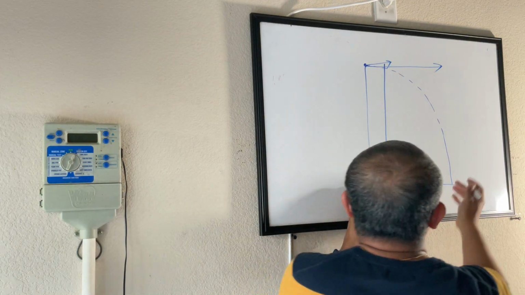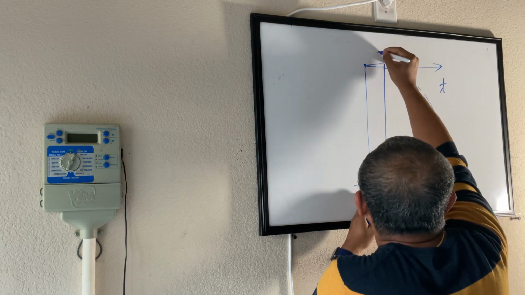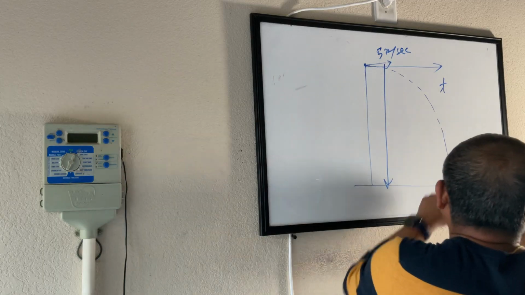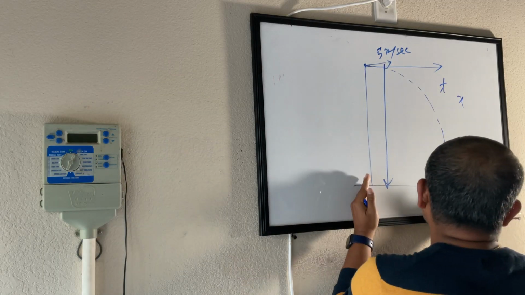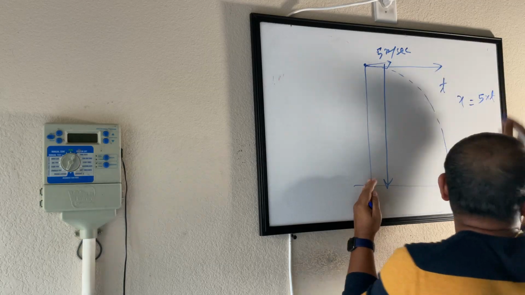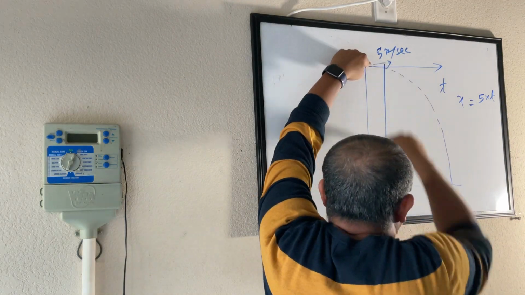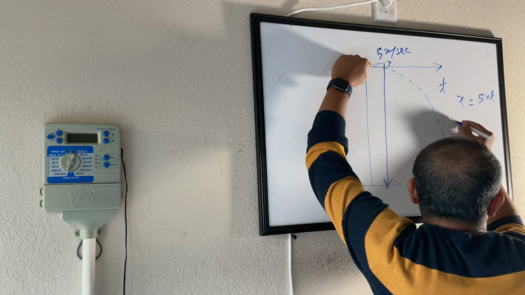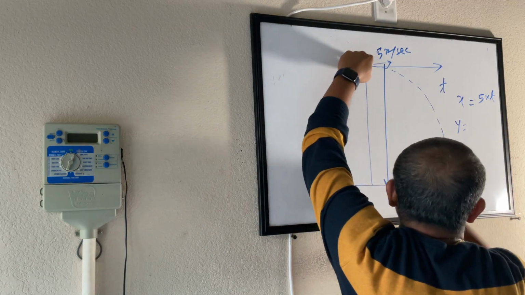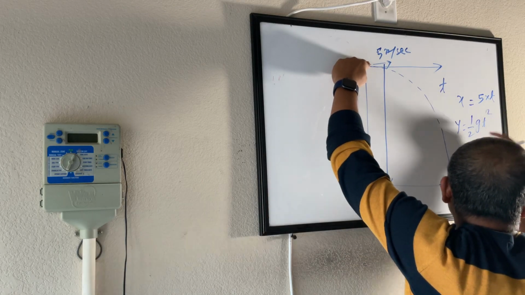How far will this move? Let's say after 3 seconds, if you are throwing this at a velocity of let's say 5 meters per second, after 3 seconds the x distance would be 5 times t, this many meters. Similarly, how much this will travel in the vertical direction, without worrying about this whole equation, we said this will be half g t squared, where g is the